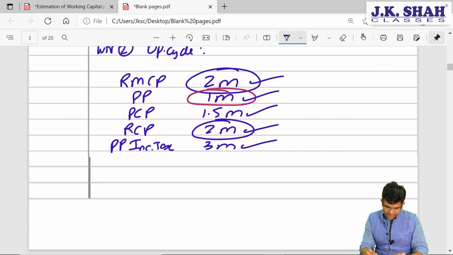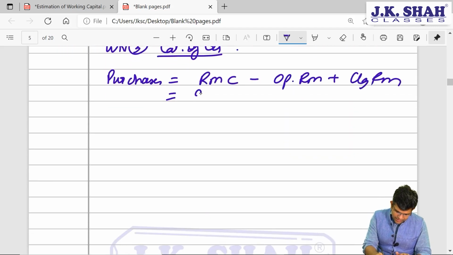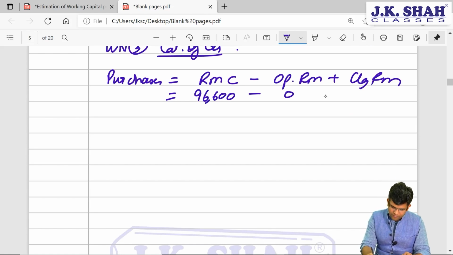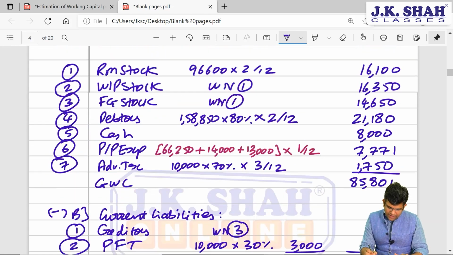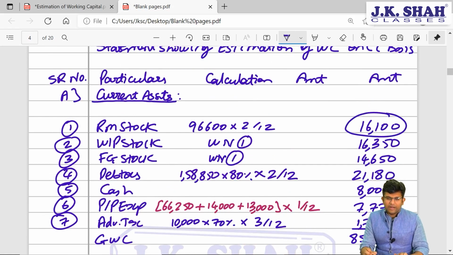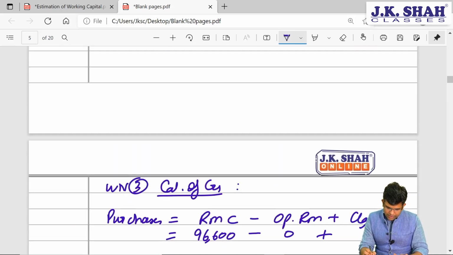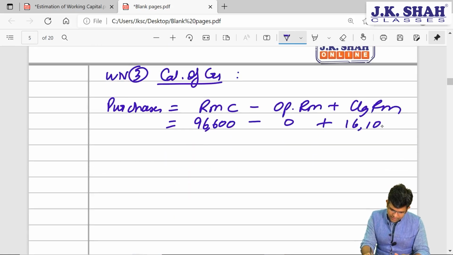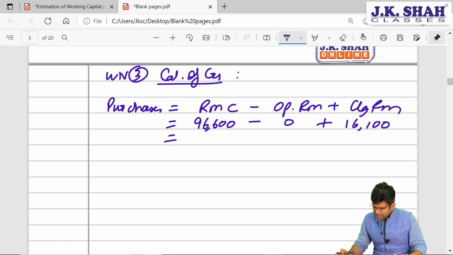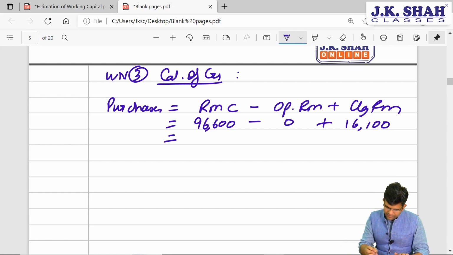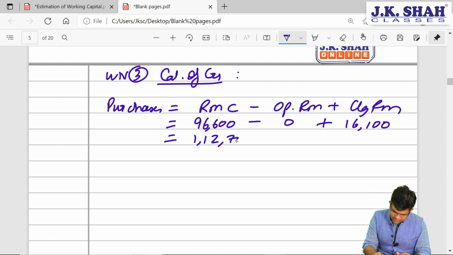Your RMC, if you remember, was 96,600, correct? So I'll write down here 96,600. Opening RM is of course 0, newly formed company. Closing RM we had calculated some time back, in our estimation of working capital, first point as 16,100. So I'll write down here 16,100. We will take the total 96,600 plus 16,100. This comes to 1,12,700 as our purchases, and therefore our creditors will be